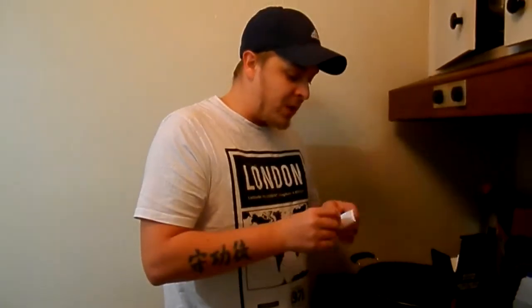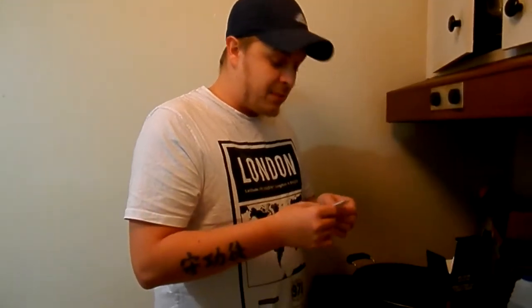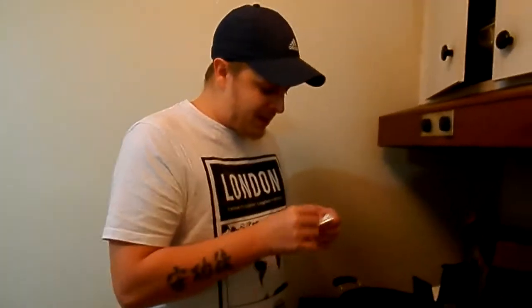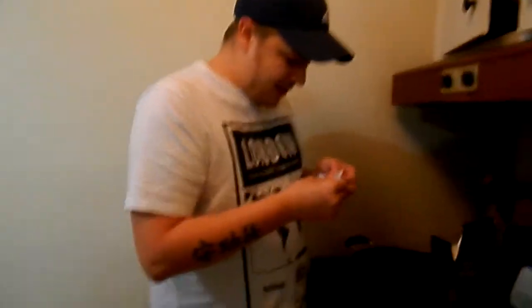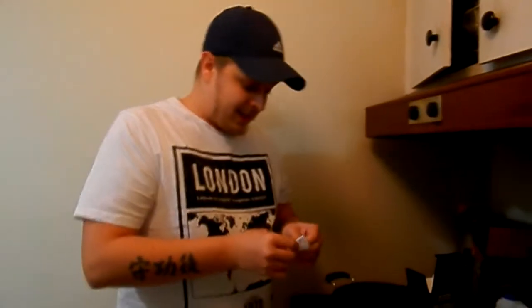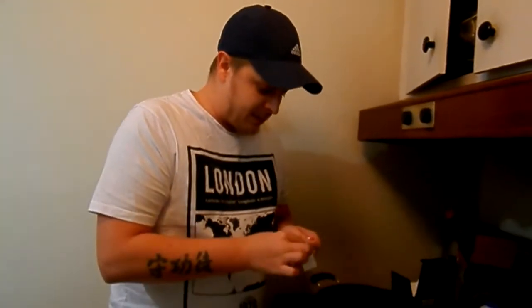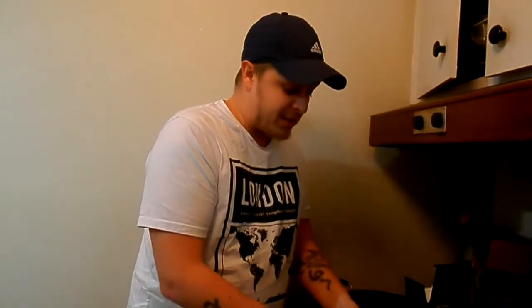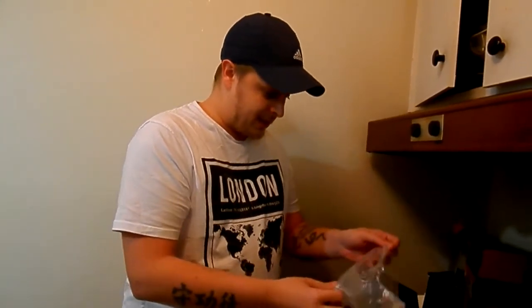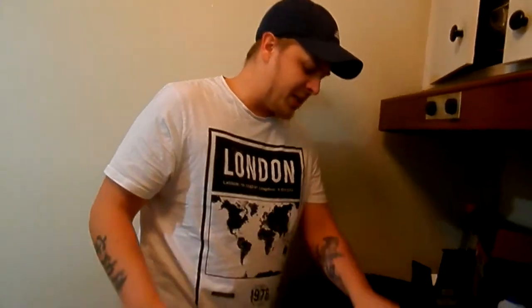It also comes with some gloves. So, are those gloves, or is that a bag? I don't even know what this is. Looks like gloves, though it could be a marinating bag. Like a shake and bake bag? Something like that. I'll open this up for you guys. It's kind of small to be gloves. I don't know, it looked like gloves, because you'd imagine touching flakes, right? You wouldn't want to touch flakes. They are gloves. So yeah, we got some gloves, guys, because you don't want to be touching...